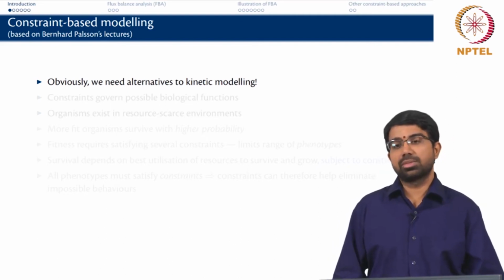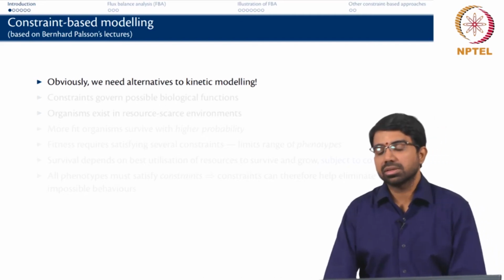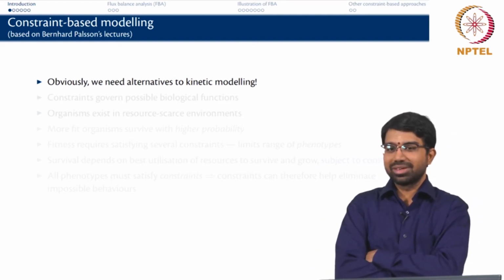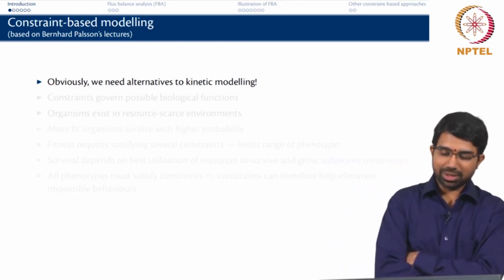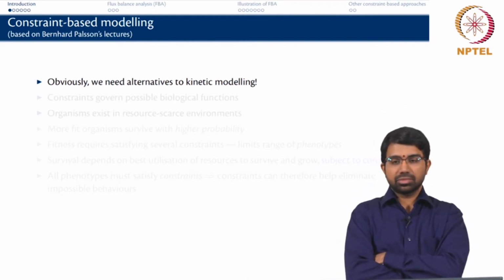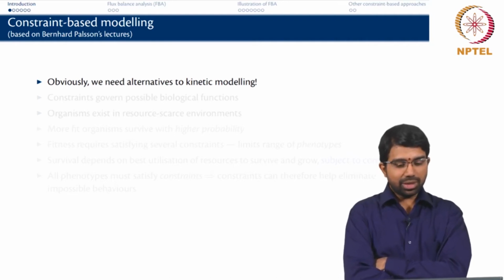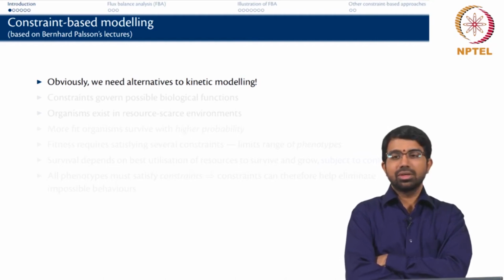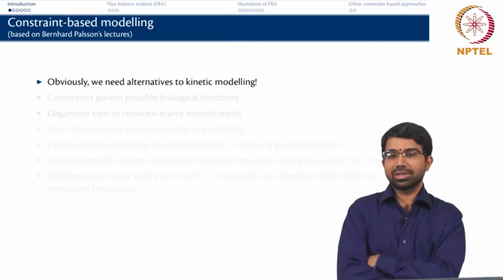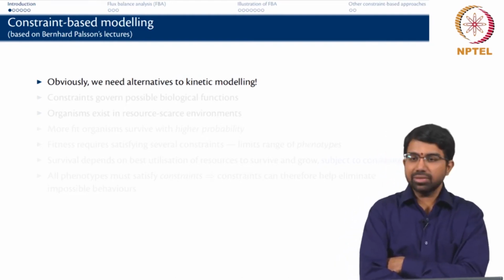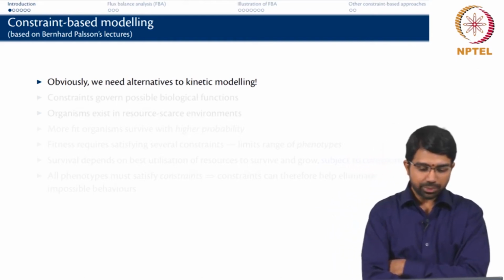So, what is constraint based modeling? What do we mean by constraints? I am just asking a generic question, I am not trying to preempt what I am going to cover today, but what do we mean by a constraint in general? Limits, some guidelines and limitations. So some limitations, I think limitation is a good word, right? And it also makes a lot of sense in the context of biological systems, because you always talk about a growth limiting substrate, right? Something of that sort. So there's always a constraint that every system has to function with, right?